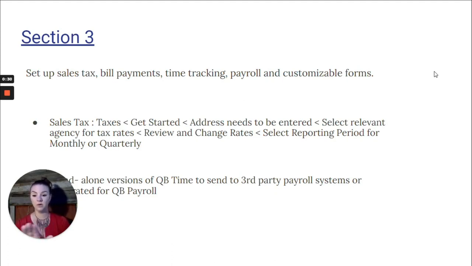This is just a quick way how to get to that. You would go to Taxes, Get started. The address needs to be entered, and the relevant agency for tax rates. I'm in Tennessee, so the Tennessee Department of Revenue would be the actual agency for that. Then we would review and change those rates and select which reporting period we would want to set it up as. If it's just a statewide thing, usually that's paid monthly. If it's city sales tax, it's usually quarterly,